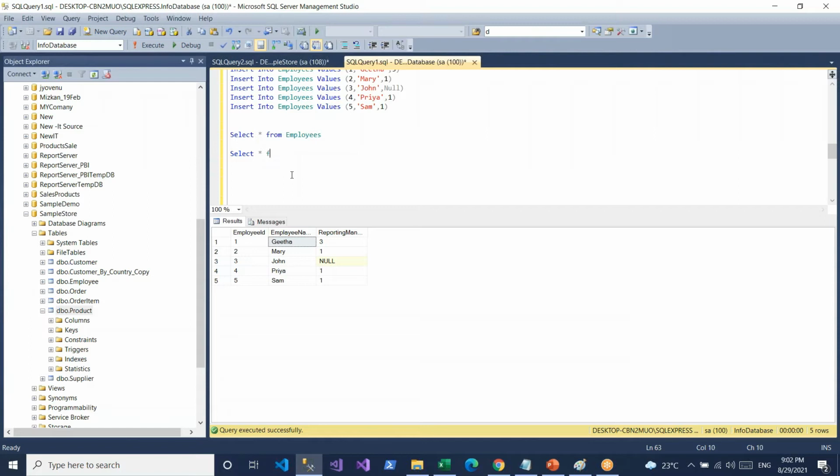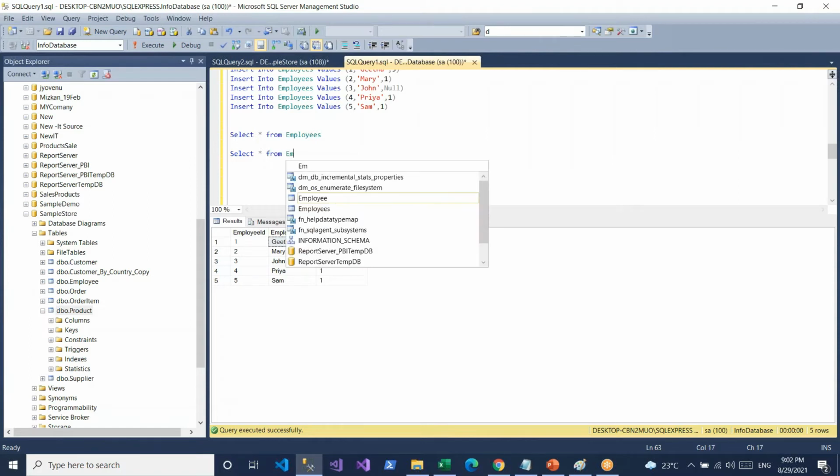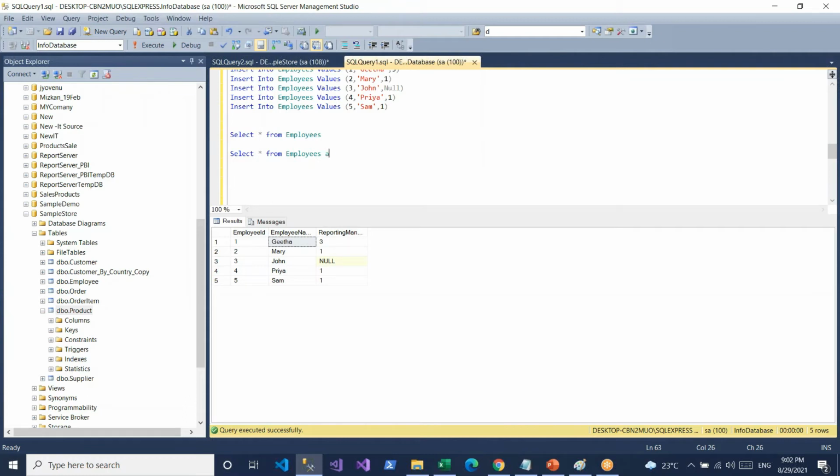Select star from, I'll assume the first one as employee E, and inner join employee, the second time I'm considering the table as M.